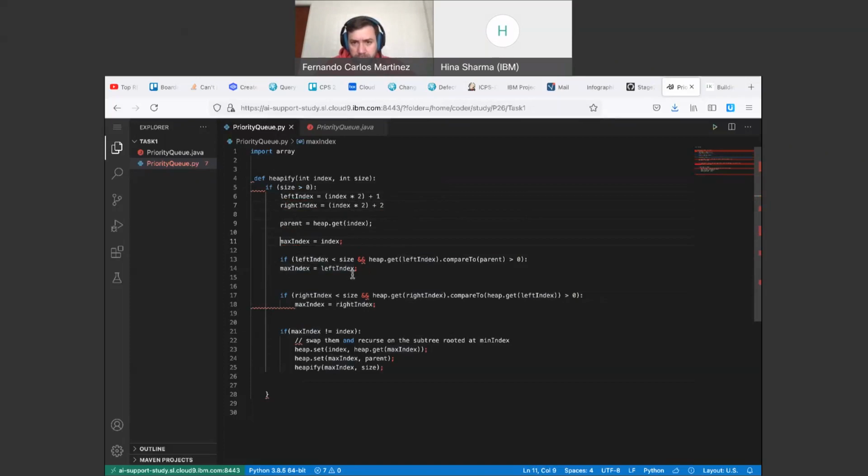So now if left index is less than the size, and heap dot get left index to 0, maximum index is equal to... okay, and if maximum is not equal to index,